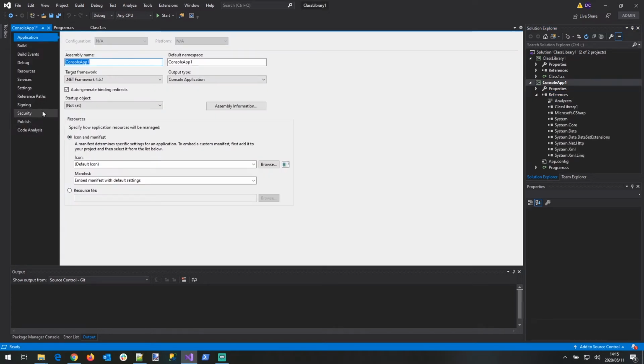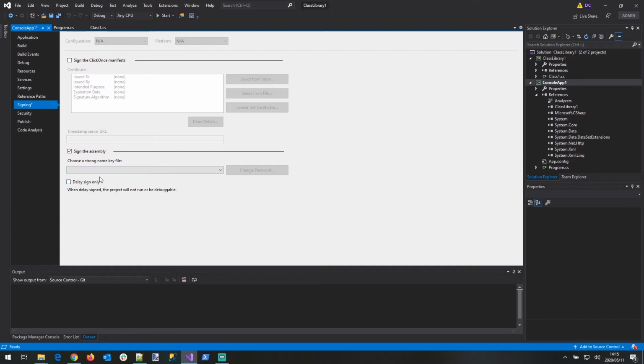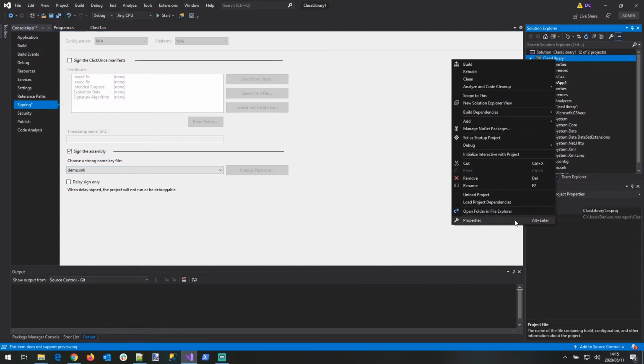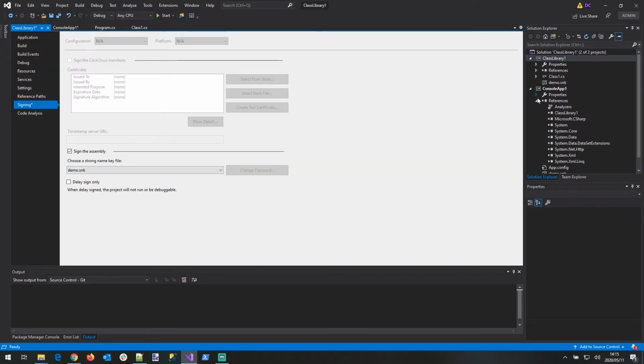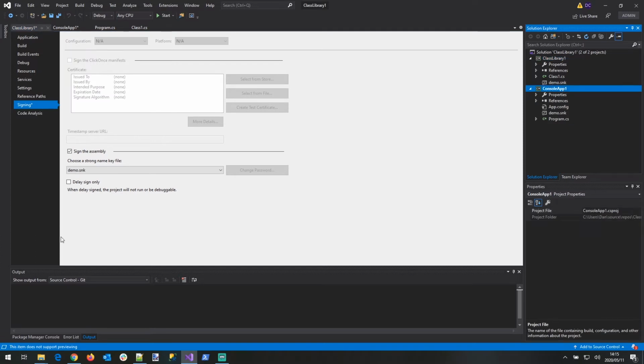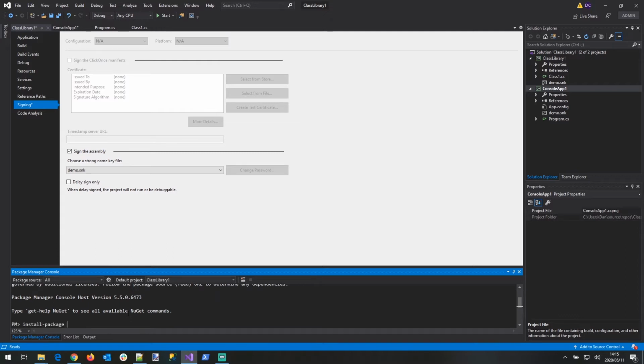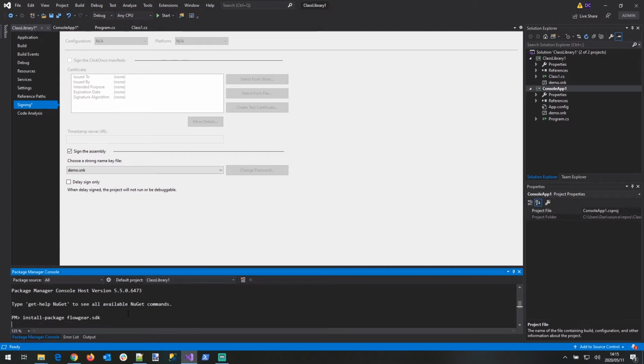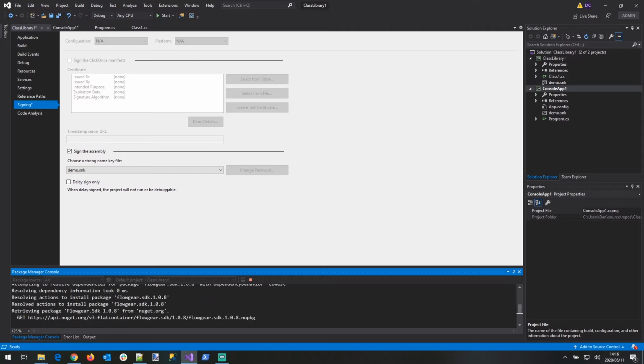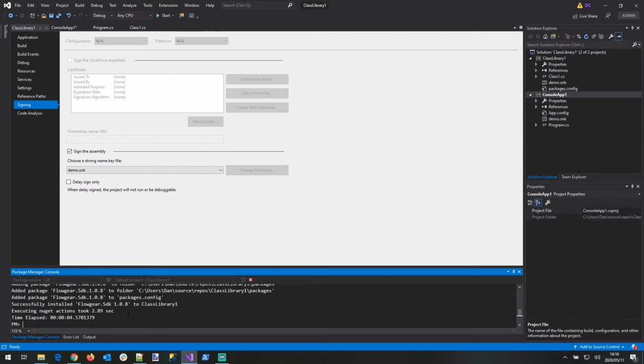All of the assemblies need to be signed, so we're going to just quickly generate a key for this. And then it's time to install a couple of NuGet packages. In the Package Manager console, you can go Install Package, and there are two packages that we want. First of all, on the class library, which is where our connector will be, we want to install Flowgear.sdk. Second, on the test harness, which is going to host the class library or our connector,